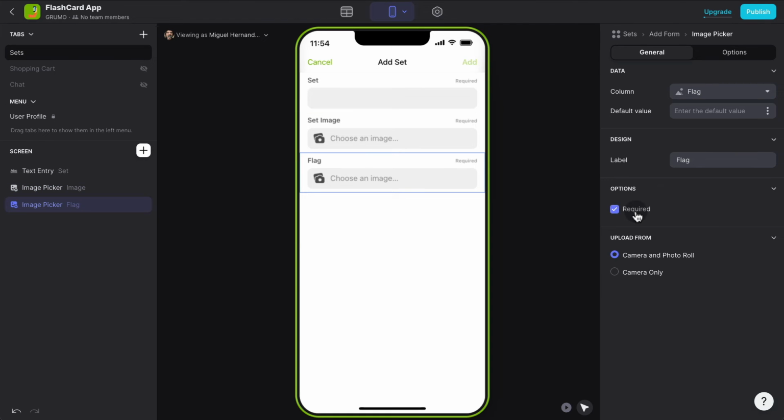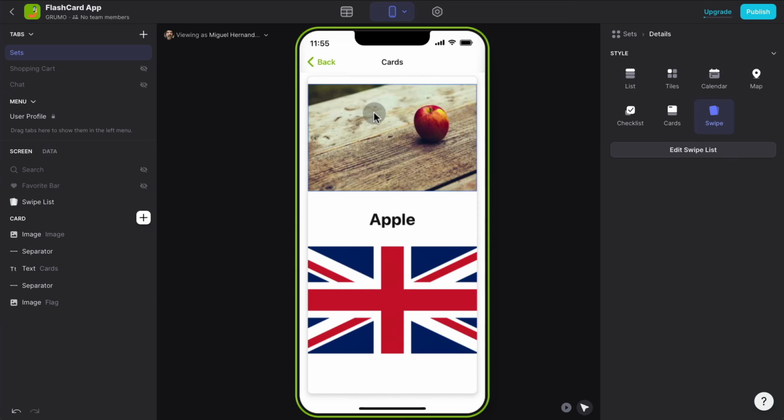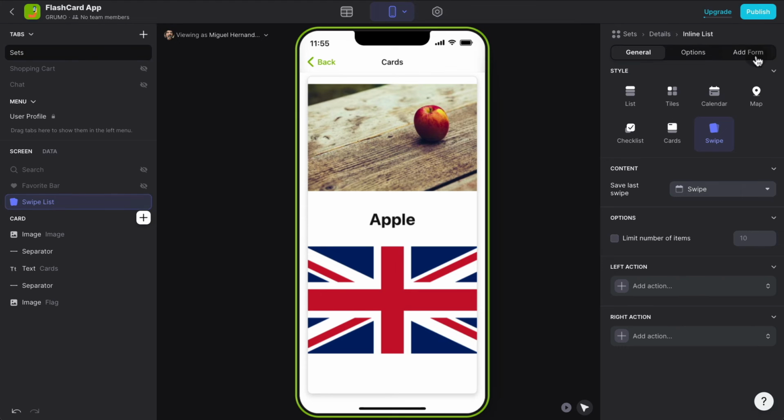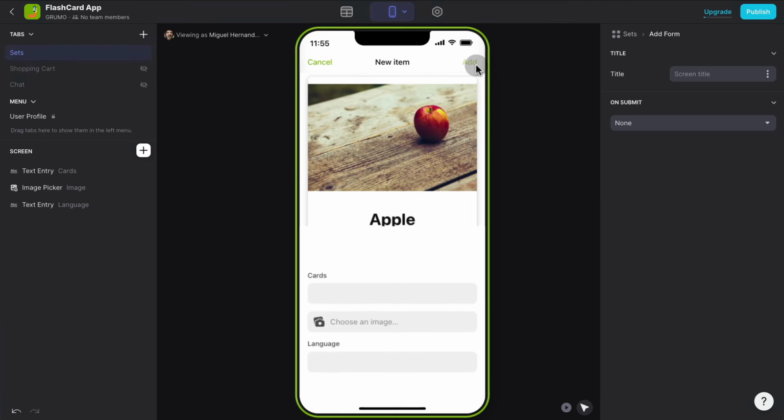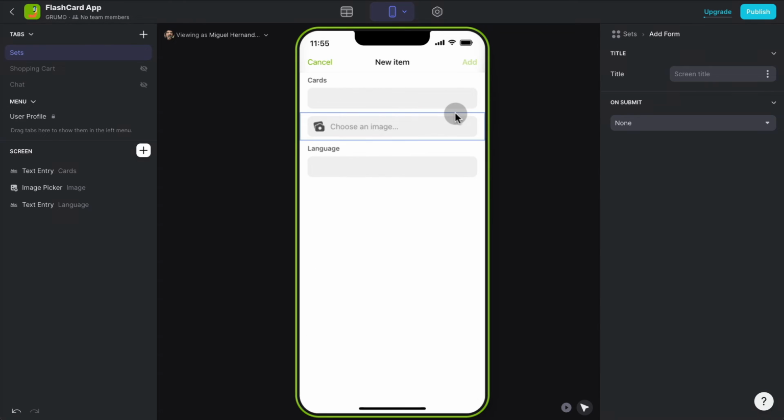Okay, there you go. And then when we click on a set, let's say that we want to add new flashcards. So let's select the swipe list component, and then where it says add form, we are going to allow users to add items, but only if they are an administrator. So we're going to add a condition again. We're going to search for role, and where the user's role is admin, only then we're going to allow them to add new cards, and we're going to click the plus button so we can customize the flashcard input field,